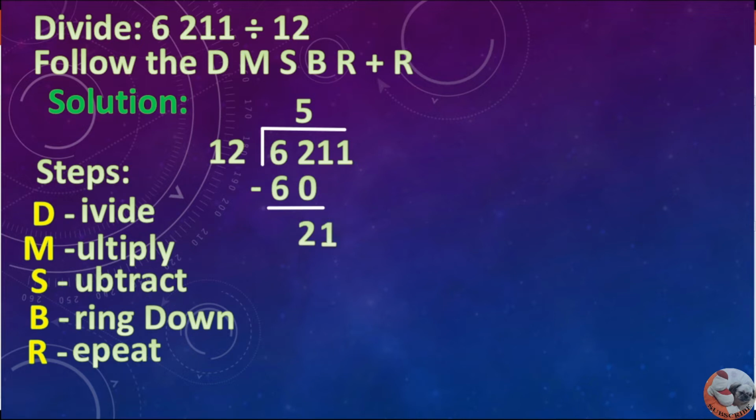Bring down 1. Again, think of a number that you will multiply to 12 that will not exceed 21. So the answer is 1. 1 times 12 is 12. Subtract 12 from 21. 21 minus 12 is 9. Bring down 1. Again, think of a number that you will multiply to 12